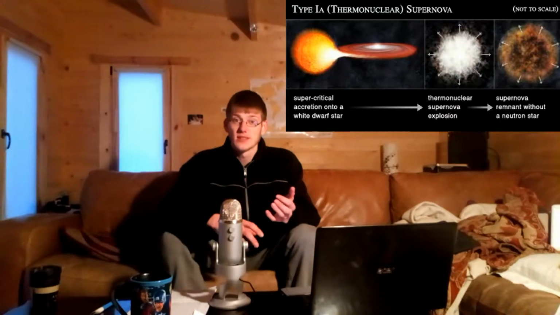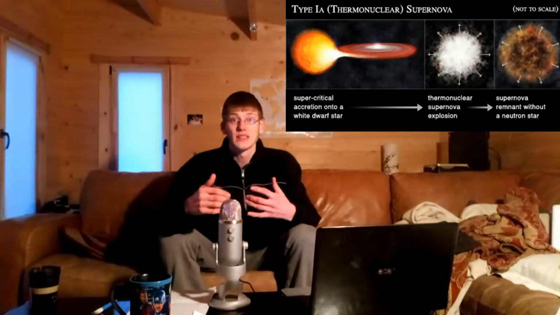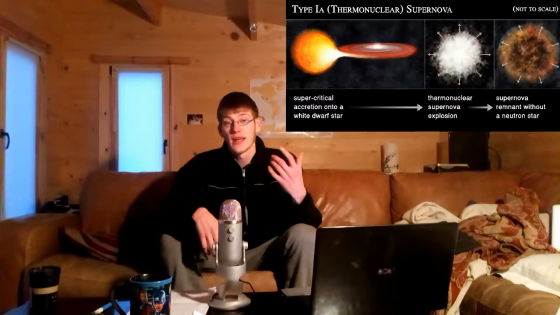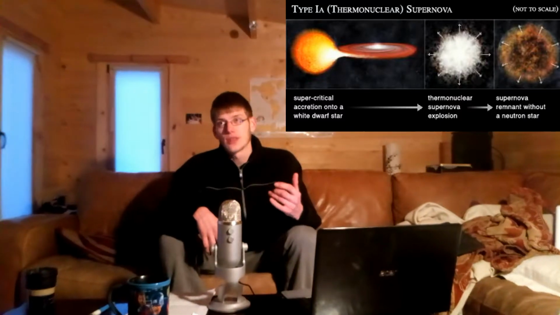But a white dwarf can also be responsible for a type of supernova called a type 1a supernova. The reason that these supernovas are particularly interesting is because they shine with the same luminosity every time. So they're really good for using as landmarks, and because they shine the same brightness every time, you can use them to get the distances of other distant galaxies or stars. So they're really interesting that way.